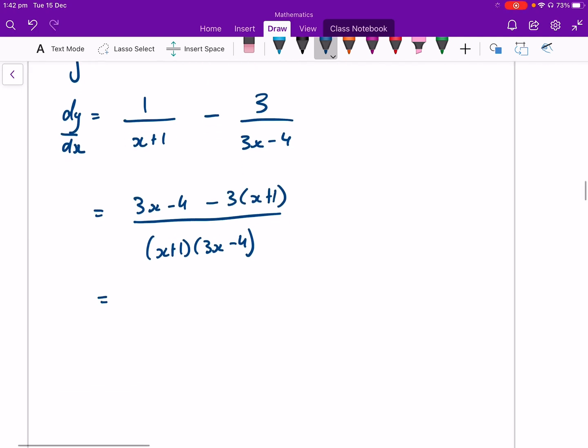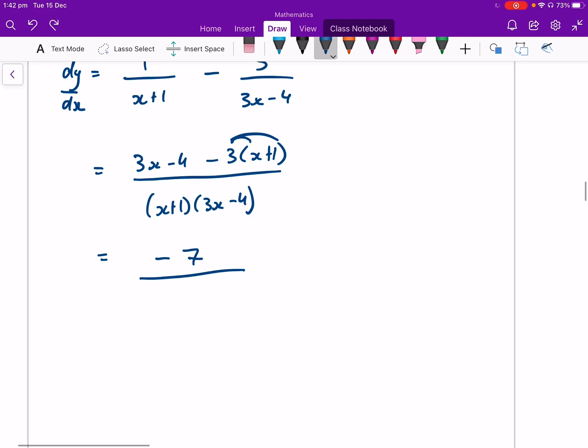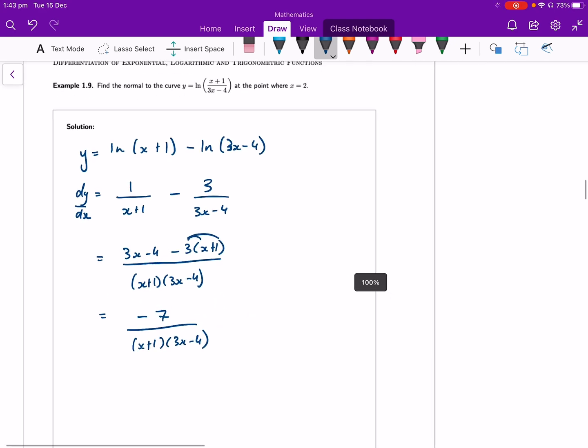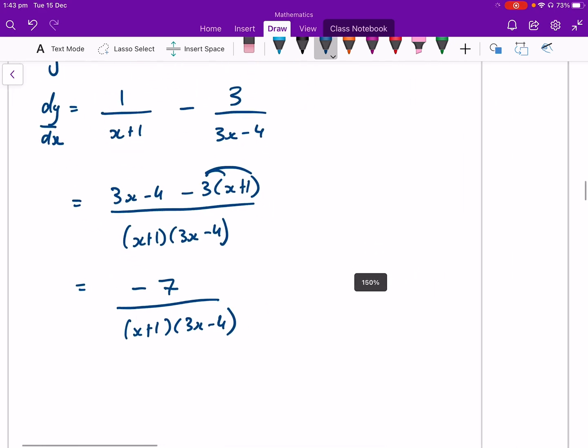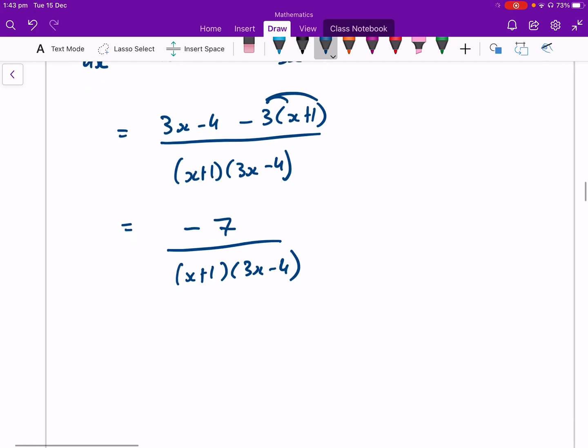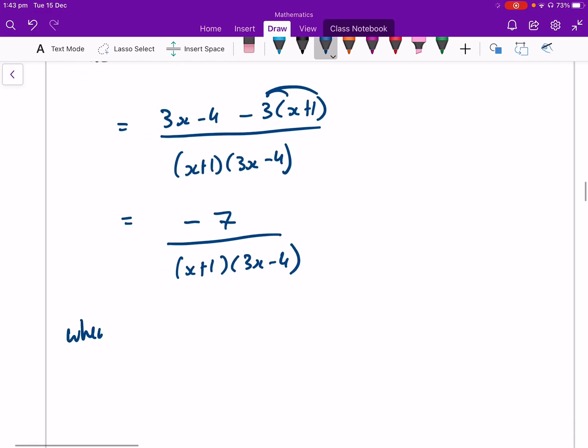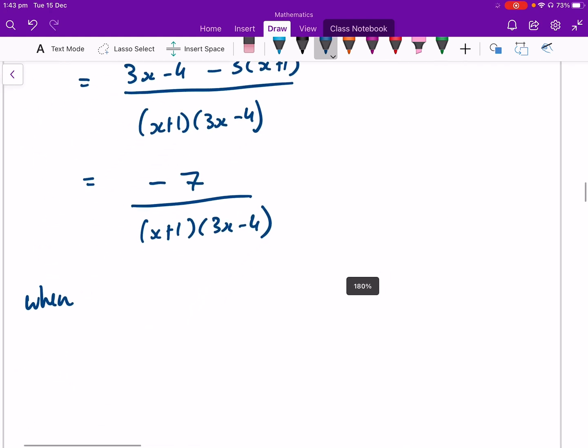So let's simplify this a little further. So expanding the top over there, I'll get minus 3x minus 3. So I'm actually going to get negative 7 because the 3x's will cancel, over (x plus 1)(3x minus 4). Okay, now this will be the gradient. So when x equals 2,